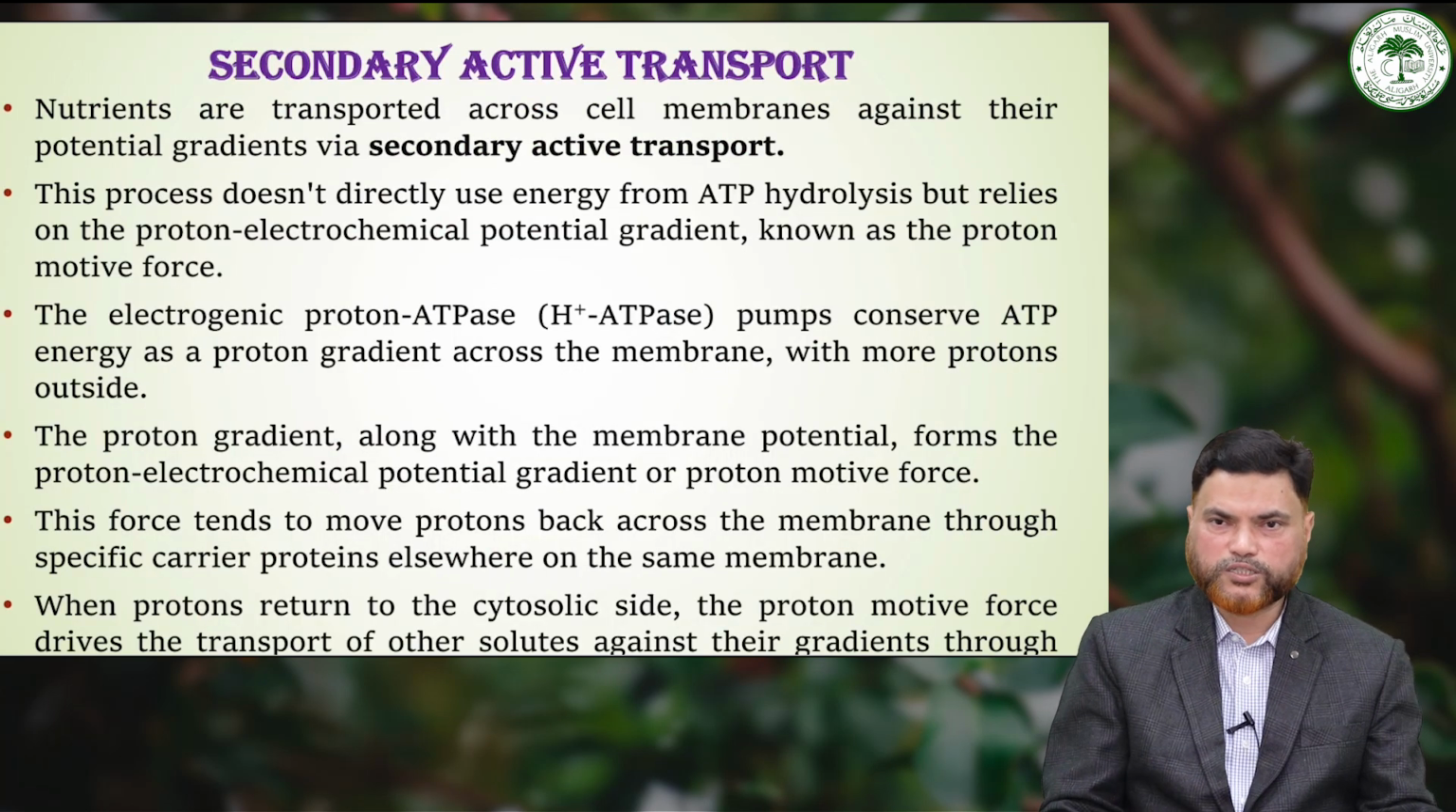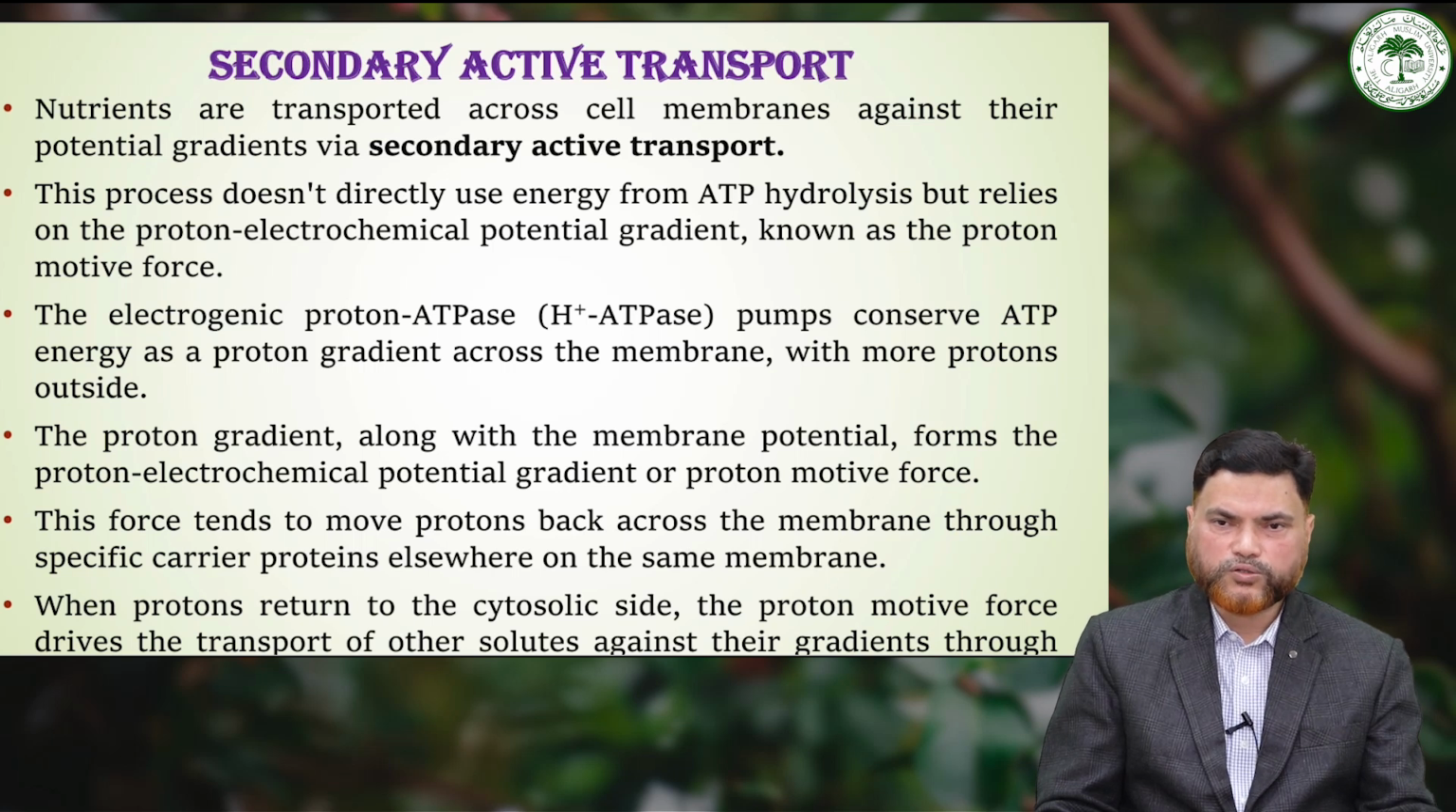Now secondary active transport is very interesting. We will go into details of how nutrients are transported across the cell membrane against their chemical or electrochemical potential gradient through a mechanism known as secondary transport. This process does not directly utilize the energy released by ATP hydrolysis, but rather indirectly uses the energy stored in the proton electrochemical potential gradient across the membrane, which is also referred to as proton